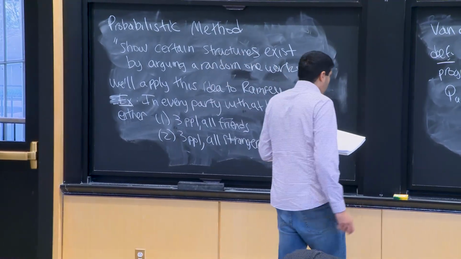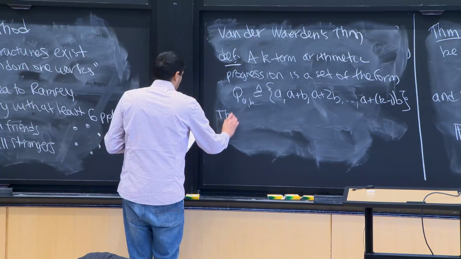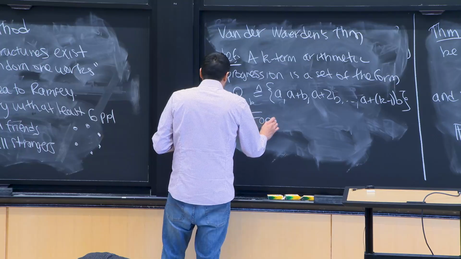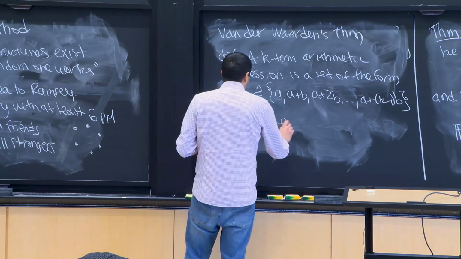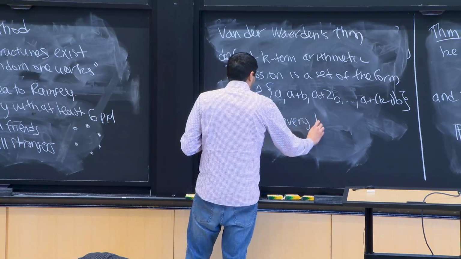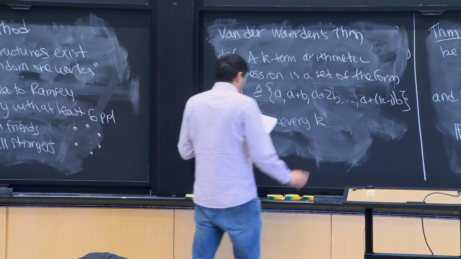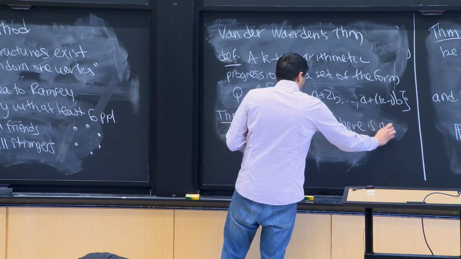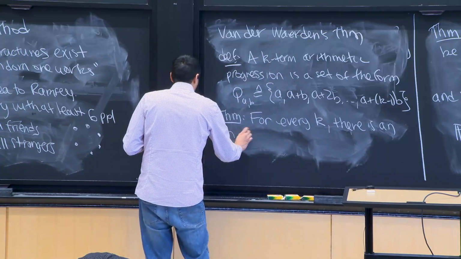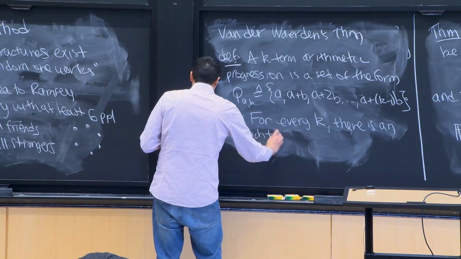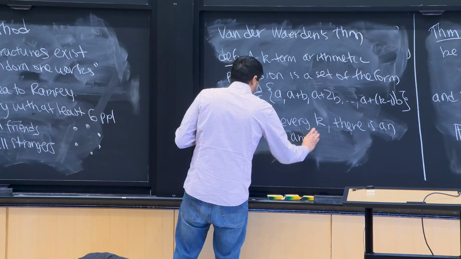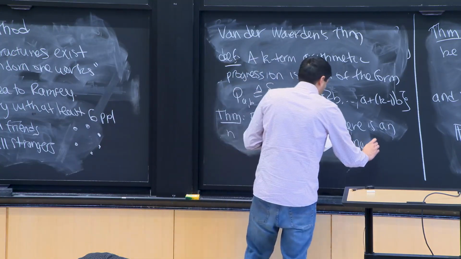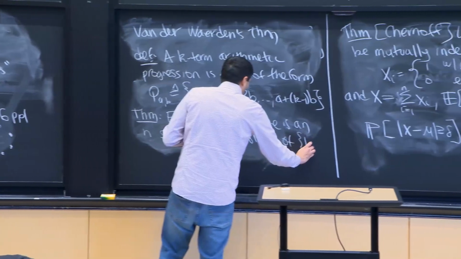And so now I can tell you this van der Waerden theorem. We're not going to prove it. The proof is in the notes. But we're going to prove lower bounds for it. So here's a really cool statement. For every k you give me, I claim there is an n such that any two-coloring of the integers 1,